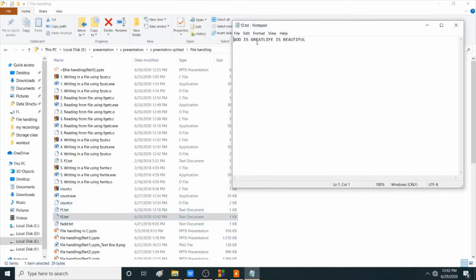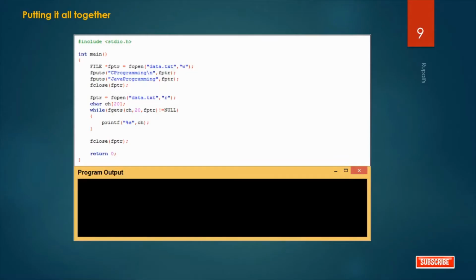Because it is append mode, after the previous content, God is great, it starts writing the new content. And see, there is no gap because fputs here does not use \0 after one string. See the diagram, it will be more clear.